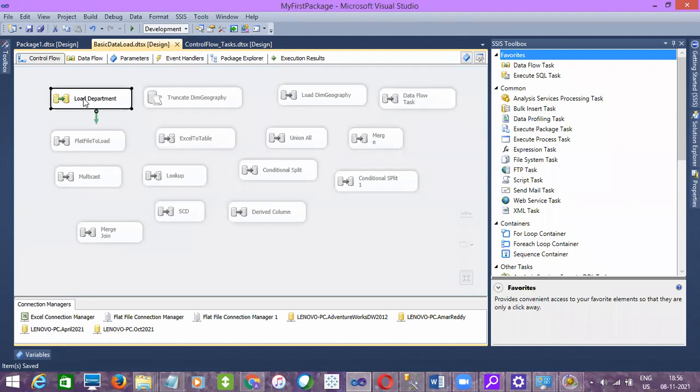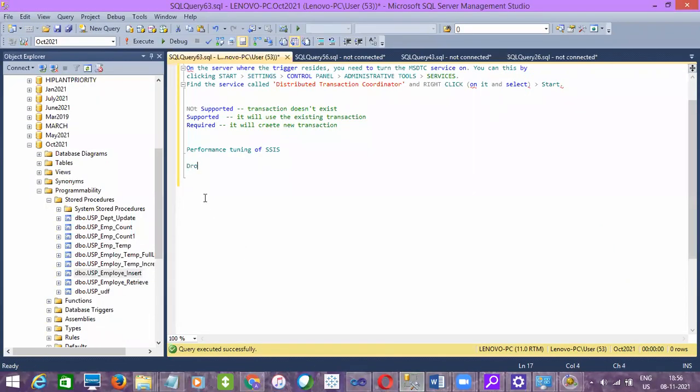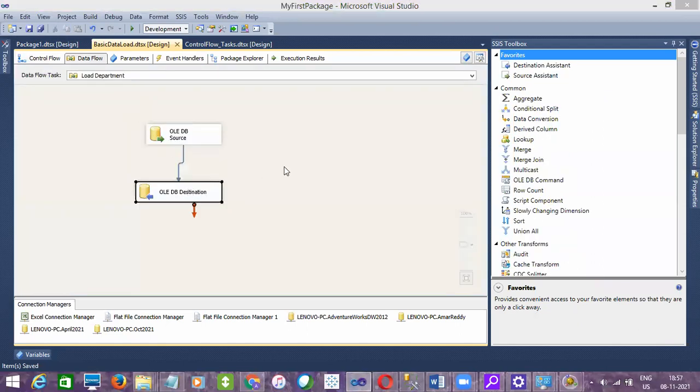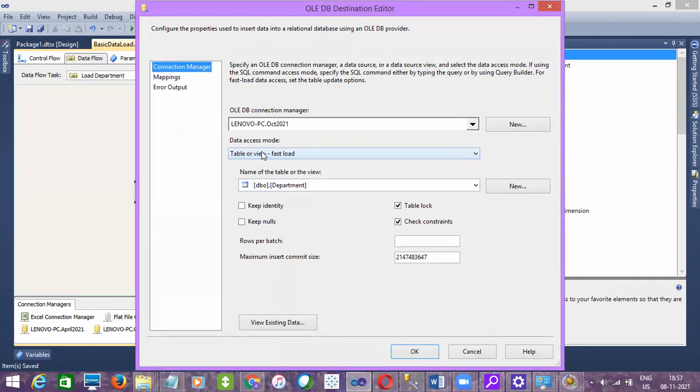If indexes are there and it is running for a long time, as I told you, first you need to drop the index, load data, and then recreate the index. This is one thing we have to do. And if there is no index, we have to check whether you have used the fast load option in the destination.